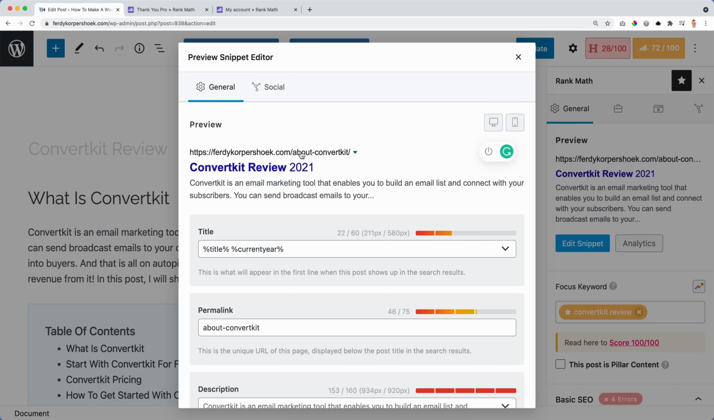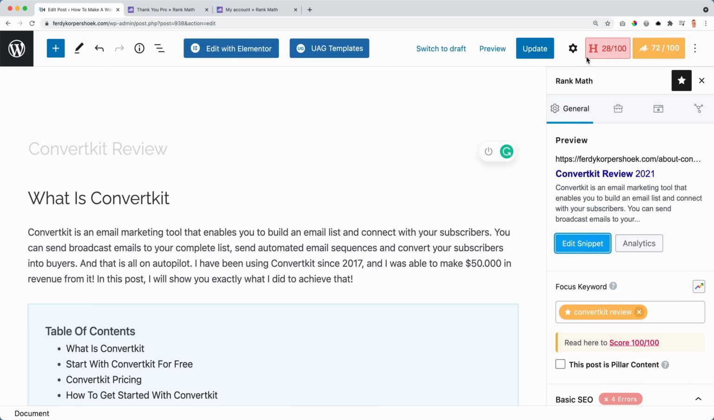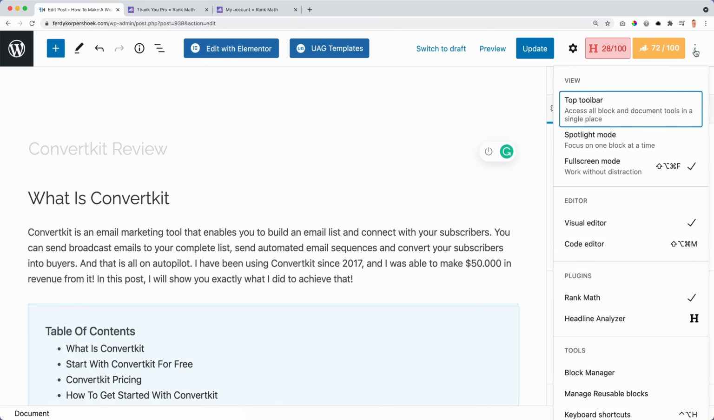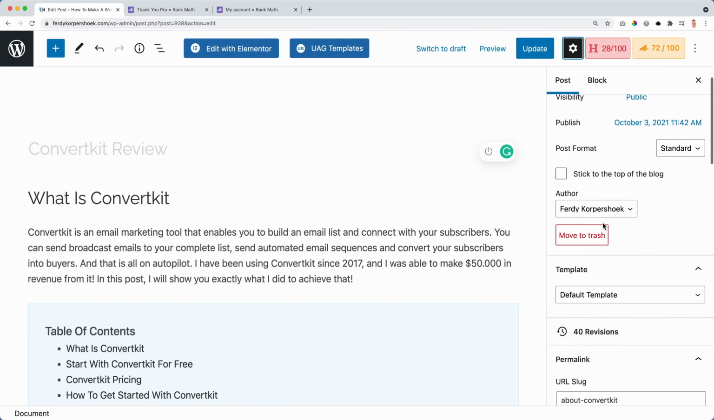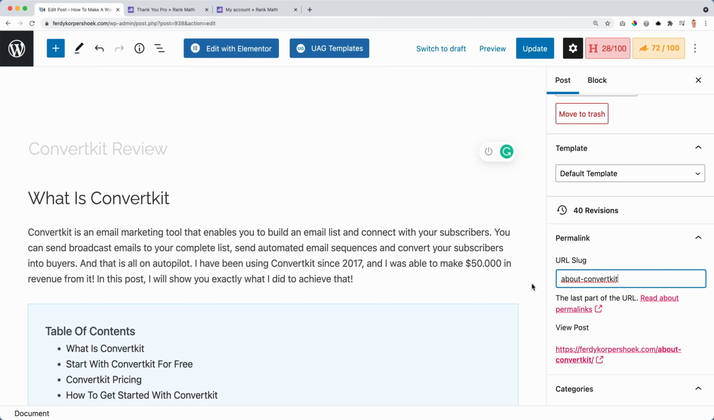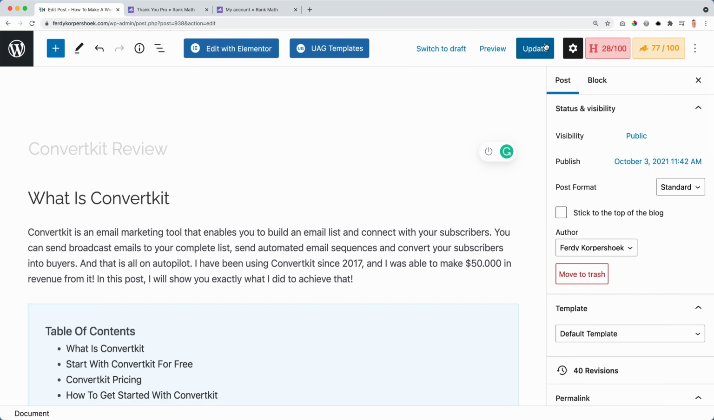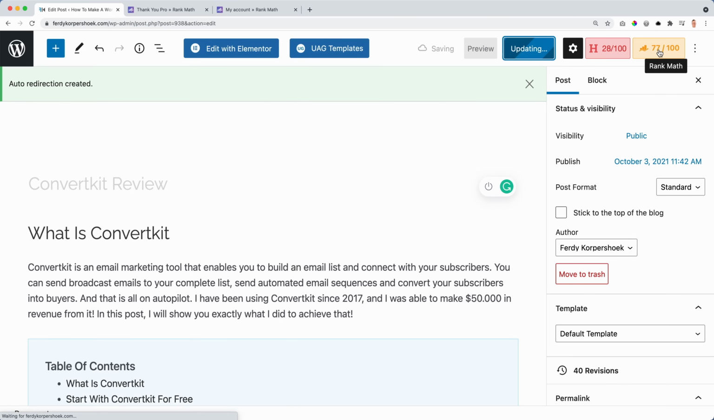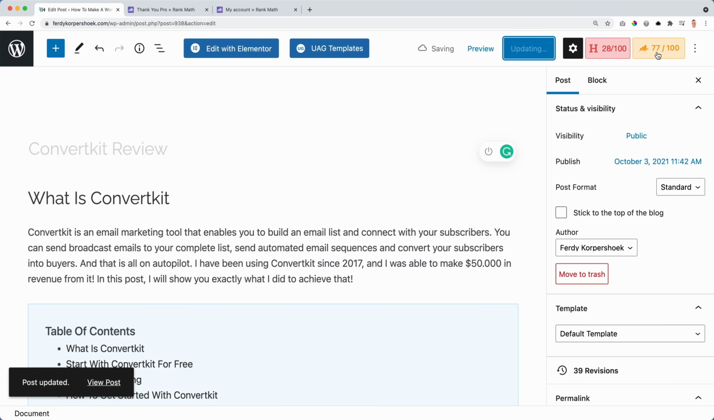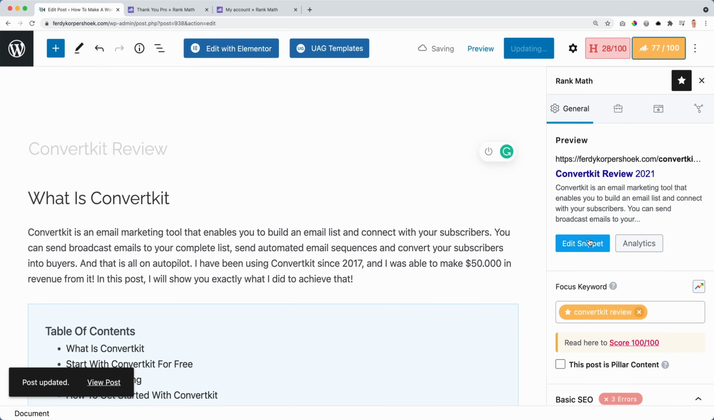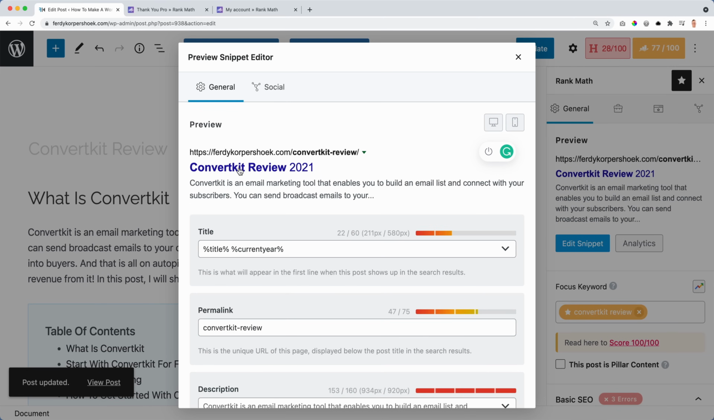So also here, it is not good. So what I will do, I will go over here, to this area. And then I go to the permalink and I change it to ConvertKit review. Now it looks like this, ferdykorpshoek.com/ConvertKit review. Update it, and now it's 77. Nice. Click over here again, edit the snippet, and now you see it's bold over here and bold, but it's